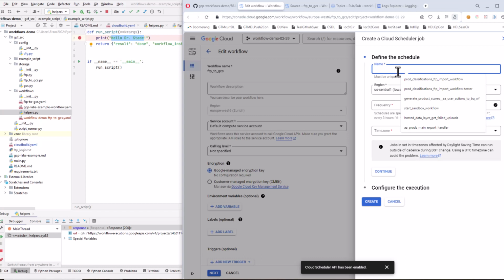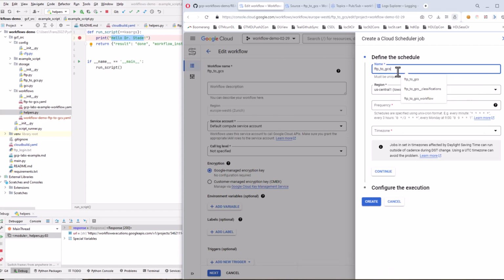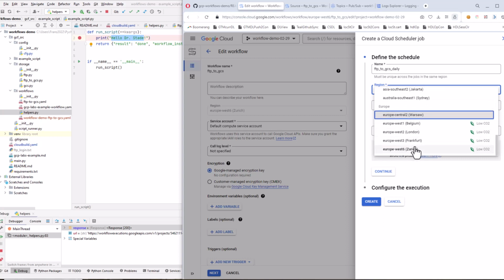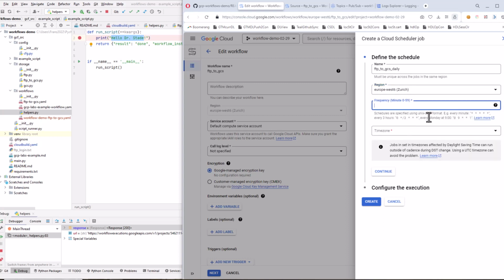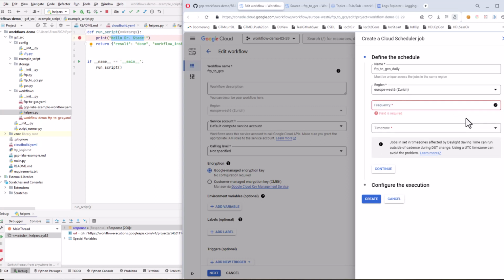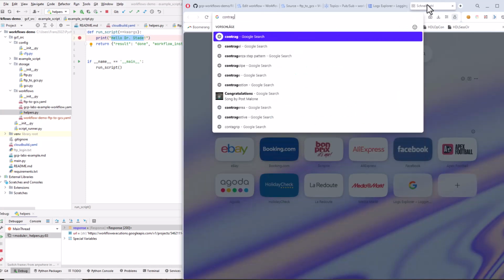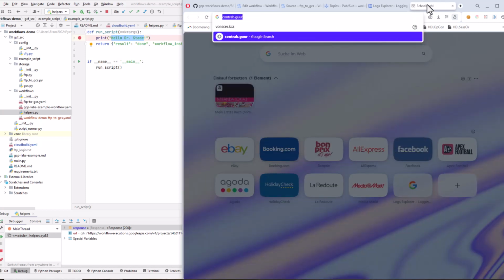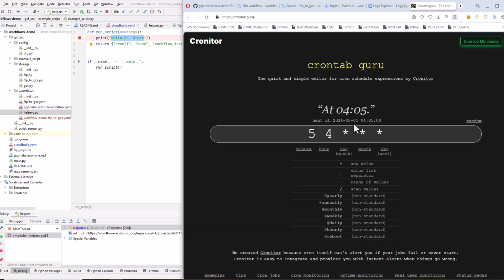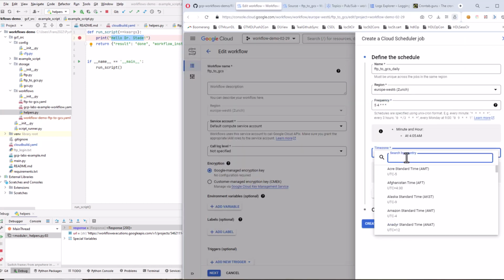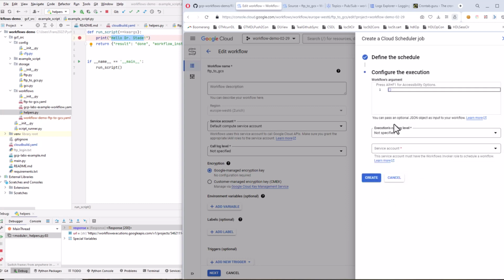and then we're going to call this FTP-to-GCS daily. Again, using Europe West 6, and every Monday at 9. Yeah, let's just not waste time with, let's use crontab guru. I'm never good at these things, so let's take every day at 4:05. Time zone Switzerland, and